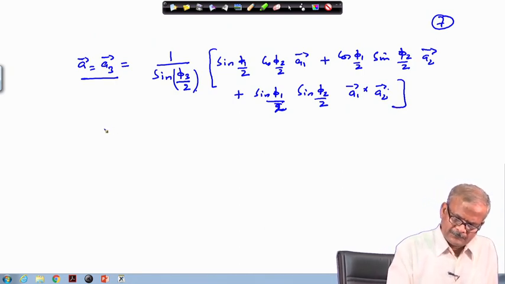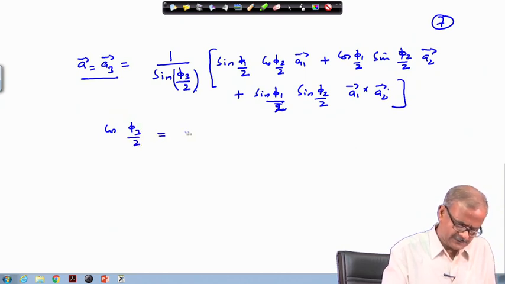This is a little more simplified format, where cos phi 3 divided by 2, this is written as